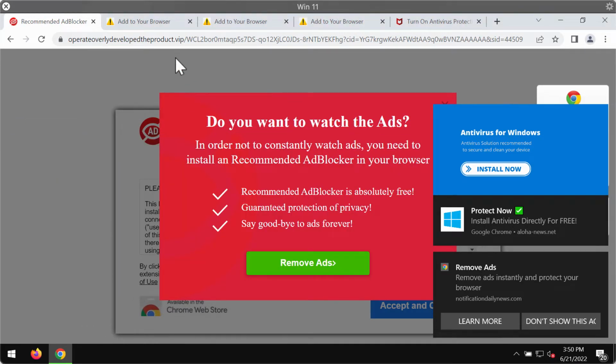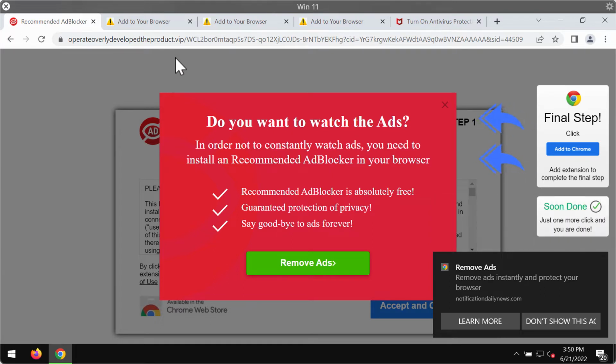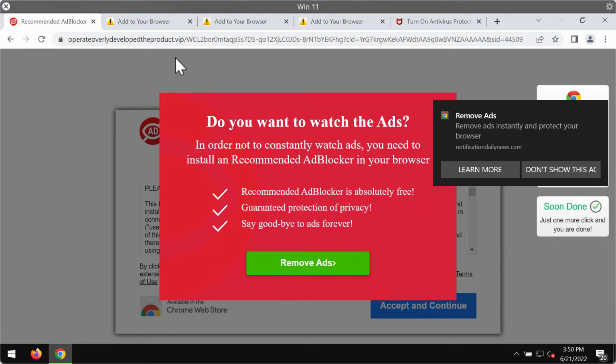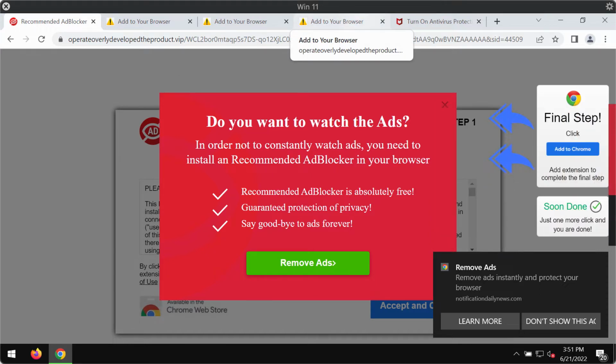But in some other cases, these pop-ups by Operateoverlydevelopedtheproduct.vip may display some other pop-ups and may promote some other extensions. In general, these pop-ups use very deceptive statements mentioning that you need to install some recommended update or some ad blocker. But in reality, these extensions may function as adware by showing a lot of ads not related to the